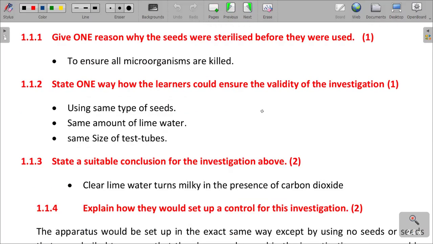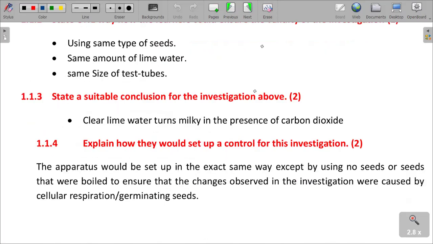So we are going to look at an investigation, an experiment question, to see if carbon dioxide is produced during cellular respiration. So in this case, obviously, as grade 11 students, I'm aware and I'm so sure that